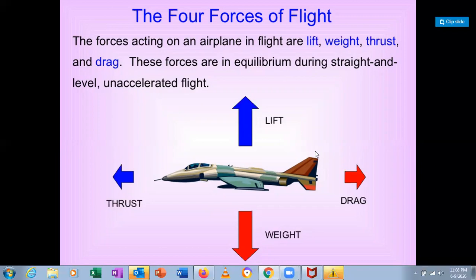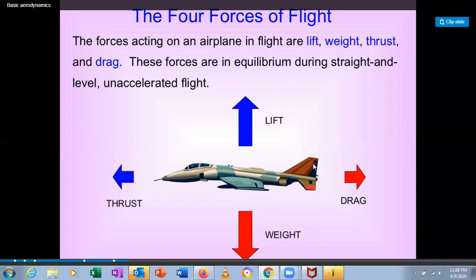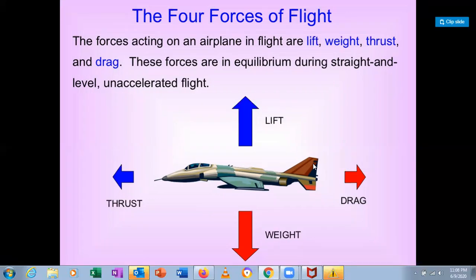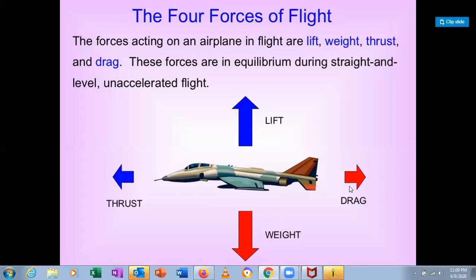Always when you are studying flight mechanics, stability and control, we always assume the aircraft is a rigid body. The aircraft is a rigid body, and the forces are acting on this aircraft: lift, weight, thrust, and drag. So therefore L is equal to W, T is equal to D. This is the equation for steady level unaccelerated flight.